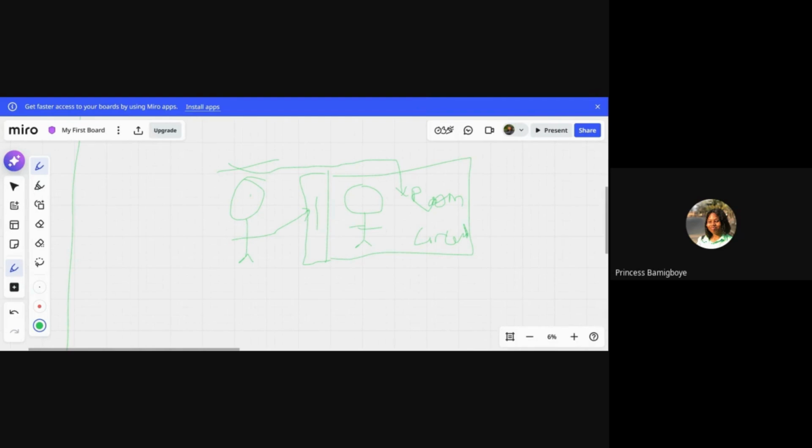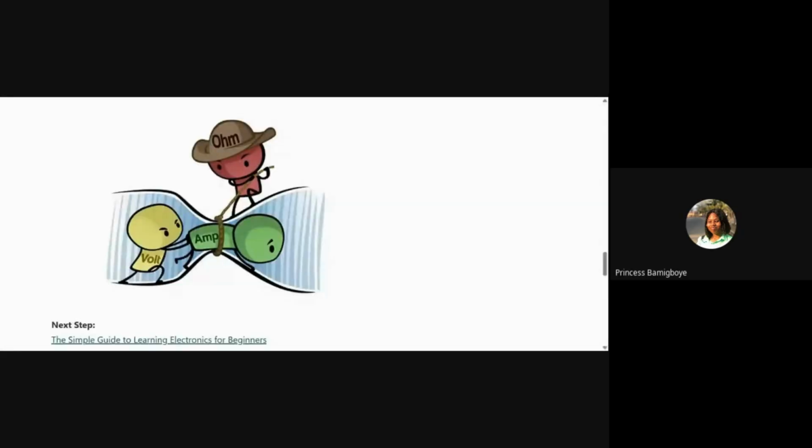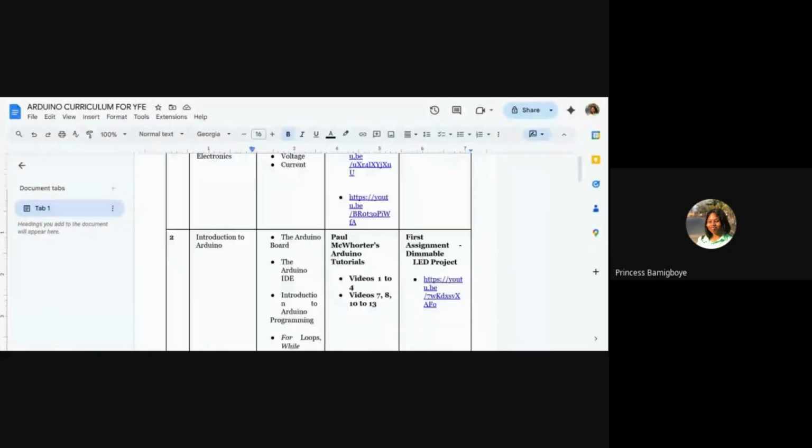That's a simple illustration as to what voltage, current, and resistance is essentially.